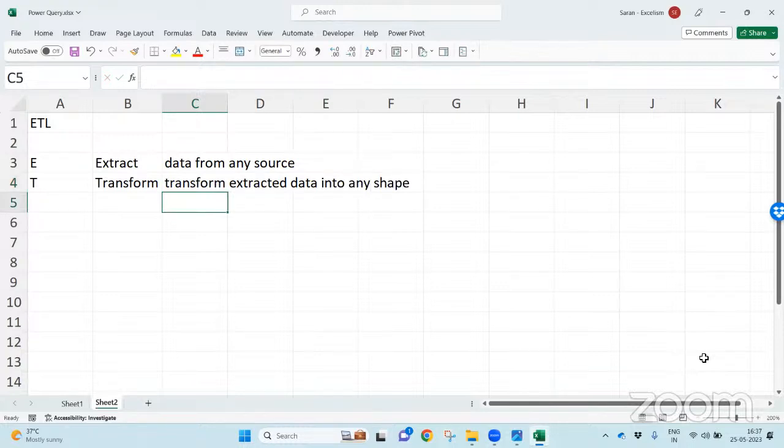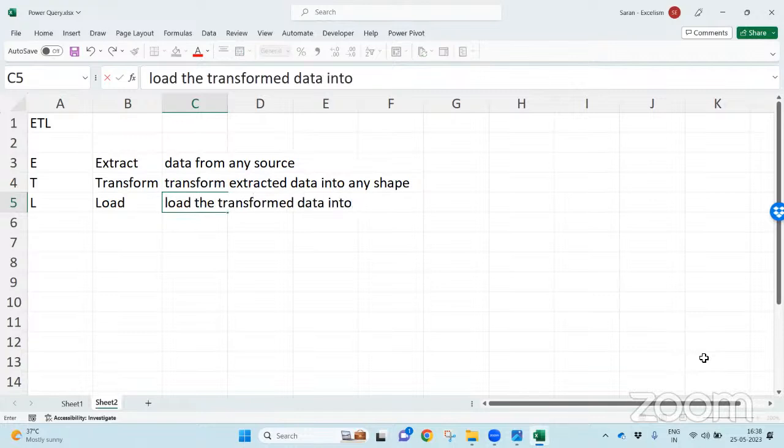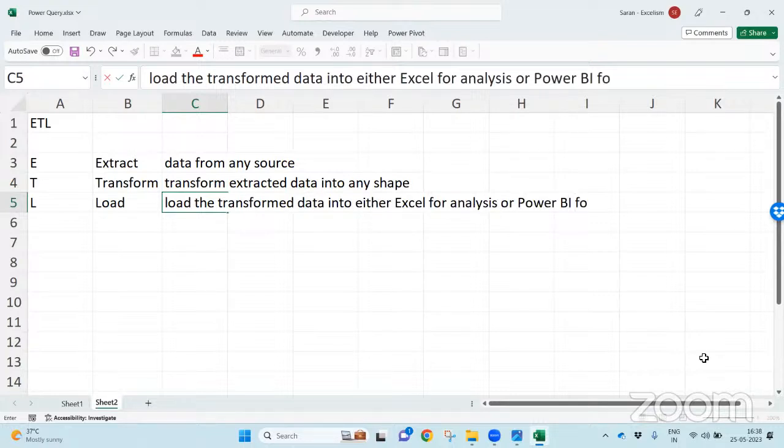Once you have extracted the data and transformed the data, the final step is load. The final transformed data you are going to load back into Microsoft Excel, either Excel for analysis or Power BI for visualization, and so on.